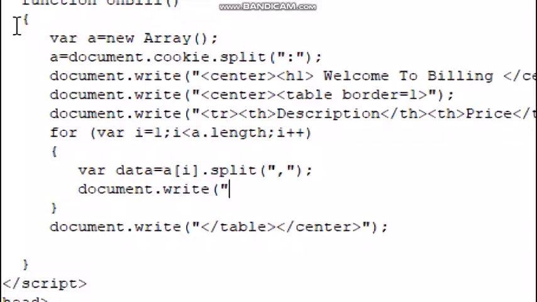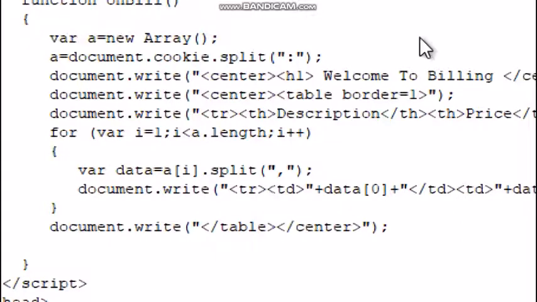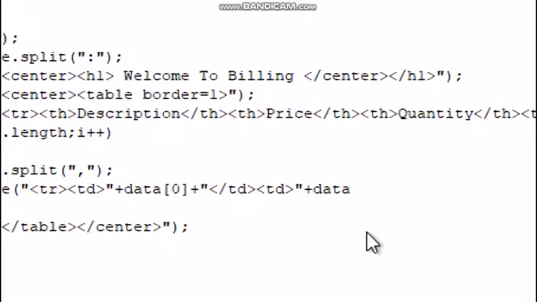I will write start of table row, start of table data, plus data 0, plus, completion of table data, start of table data, double quotation complete, plus data 1, plus, completion of TD.